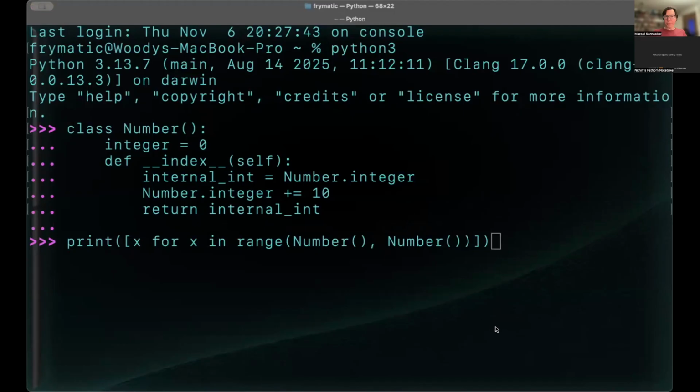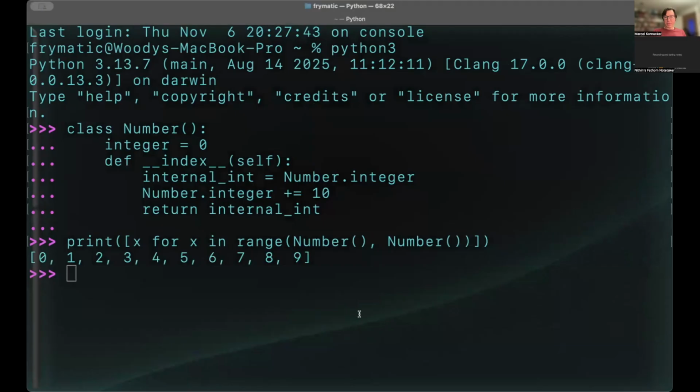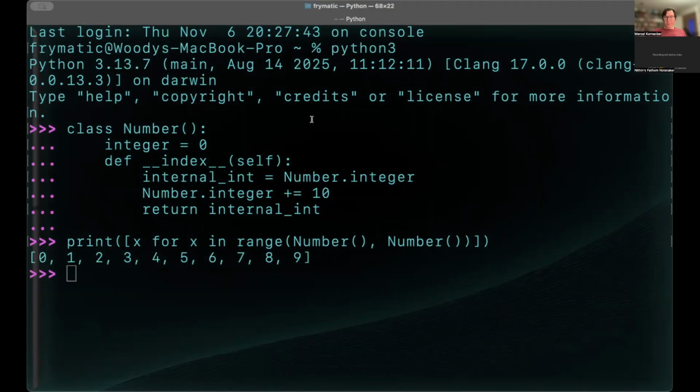Okay, so I think it's an empty set. It could be because range potentially from 0 to 0. Well, I guess we're about to see. Let's make sure we don't have any typos here. Integer looks good. Index dunder, pretty good. Internal int. All right. Any last guesses before we go? Andrew says empty list. Ross says empty list. Oh, C was correct. Awesome. All right. We got a winner here.